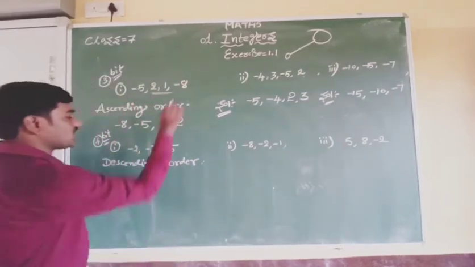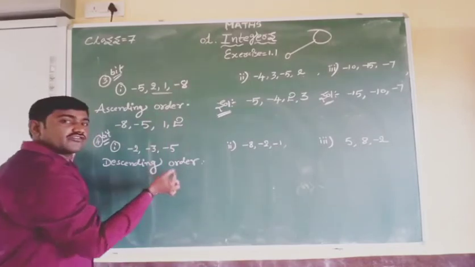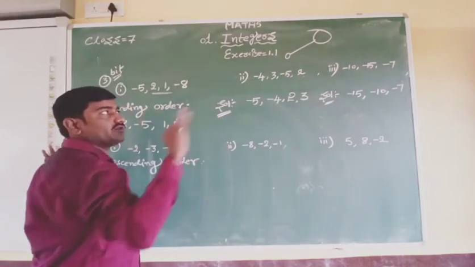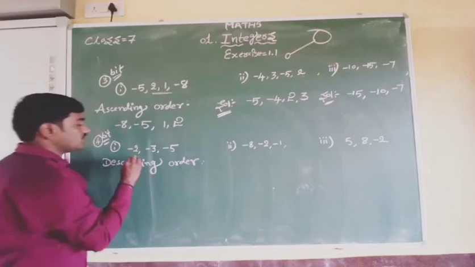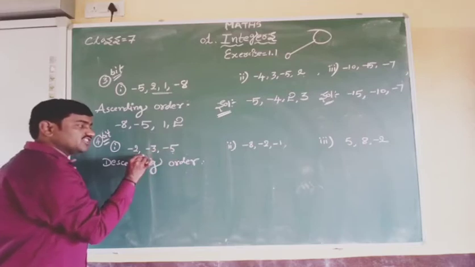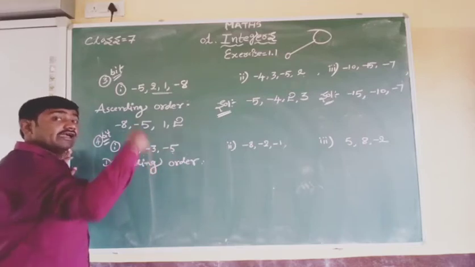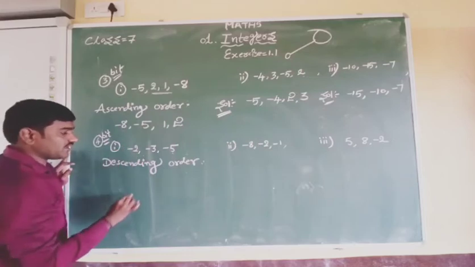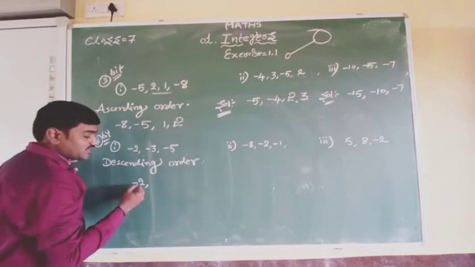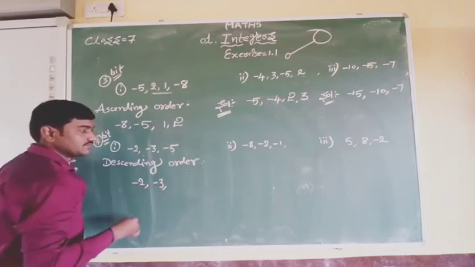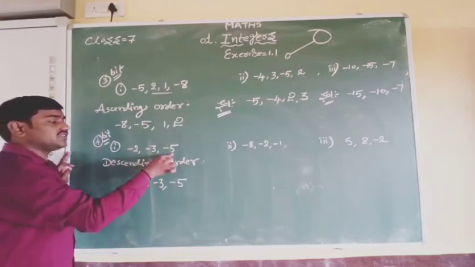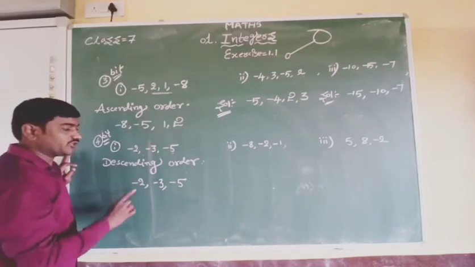So let us write in the descending order first. What is the meaning of descending order? If you arrange the given numbers from the bigger value number to the smaller value number. Bigger value we need to choose first. What is the biggest number in this? All these three are negative integers. In the negative integers, the smaller number has a bigger value. The smaller number is what? Minus 2. After minus 2, the next smaller than minus 2 is minus 3. After minus 3, there is a minus 5 here. See, already they have arranged in the descending order itself. The same you need to write here.